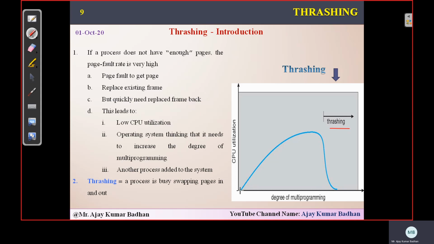You can see the diagram. Here we are increasing the degree of multiprogramming. As the scheduler keeps on adding processes, all these processes are fighting to perform swapping in. This is your main memory, this is your backing store. Swapping in, swapping out. This is all it is performing. They're not executing within the memory. So the scheduler thinks the processes are not there and it needs to add more, so it keeps on adding. A stage will come where, even though it adds processes, they cannot execute perfectly. Now the system performance will consistently keep on decreasing, and finally it becomes dead.